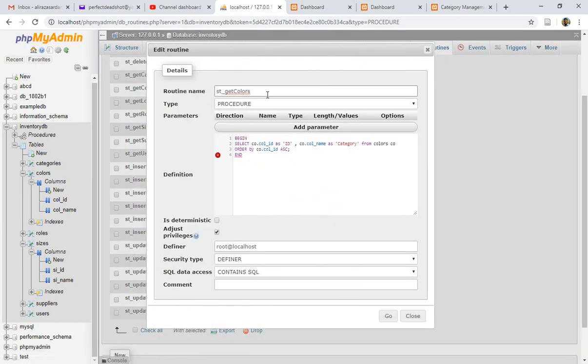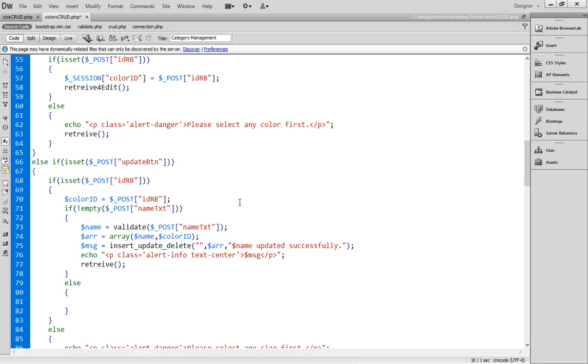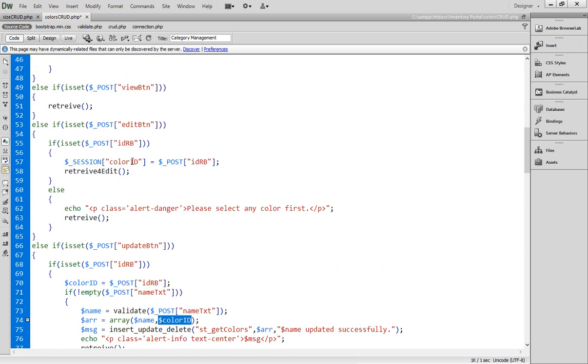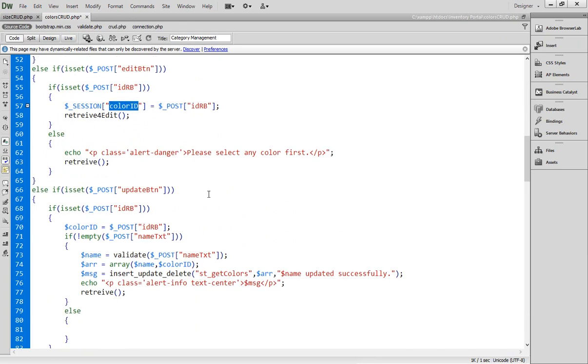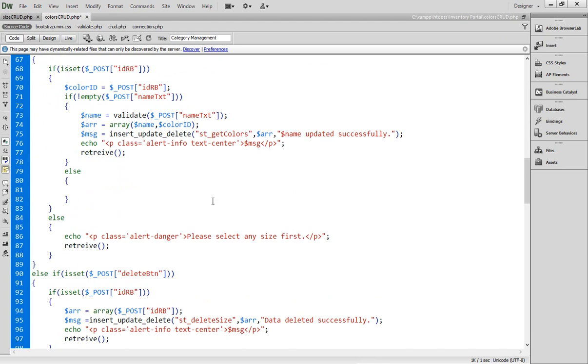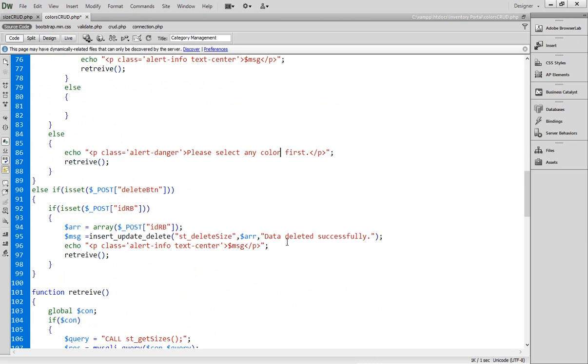Here it is, copy, come here and paste, and color ID, it's fine, and session name is color ID, that's fine, and let's select any color first, change the message, and then